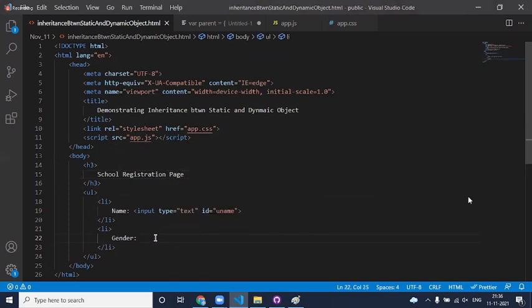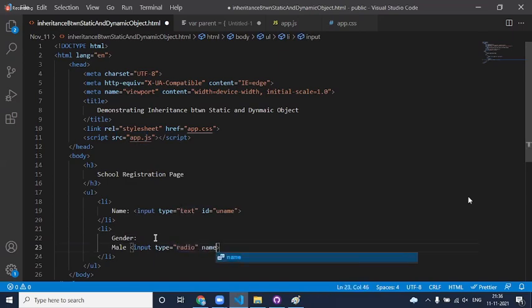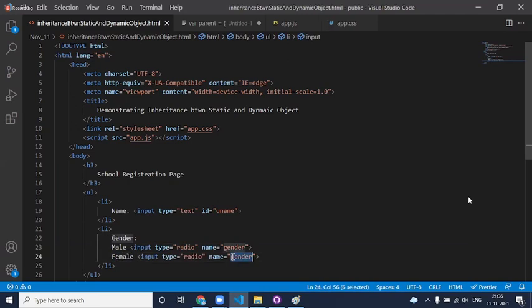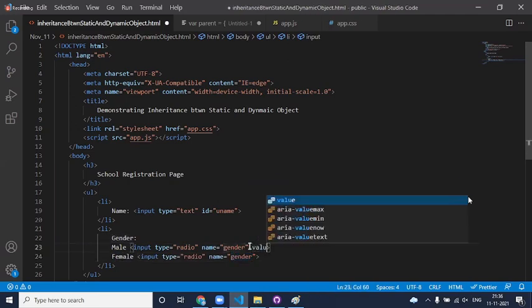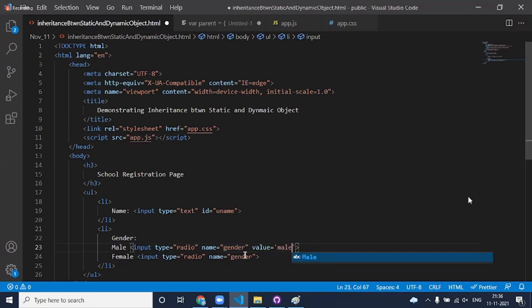Now for gender, we know that if it is male, input type equal to radio, name equal to gender. Female, name equal to gender. But here I need to give the value equal to male, value equal to female.